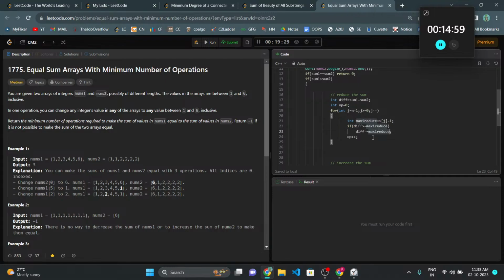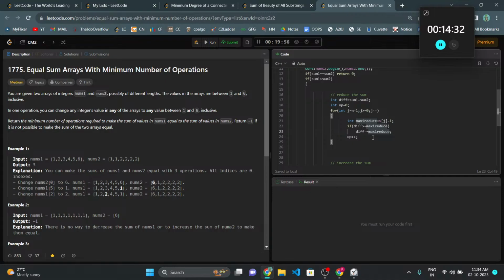Suppose the difference is 10, and the maximum I can reduce is 2. I will reduce 2, then it will become 8. J gets decremented. Again 2. And in the last, suppose the difference is 3, and the maximum I can reduce is, let's say, 5. So in that case,